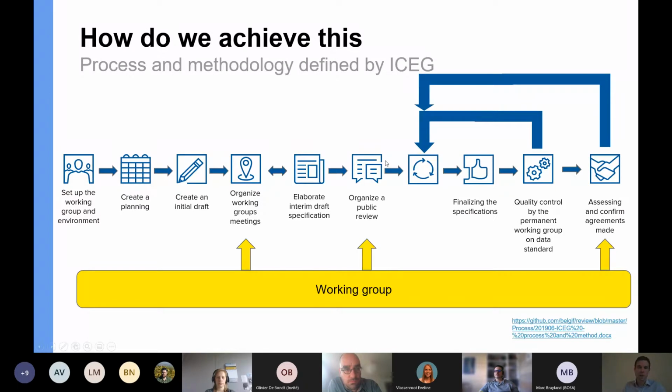And ICEG has developed already a methodology to develop models. The idea is, as you know, to do that through working groups. And what is very important is we are in the third step. We have created an initial draft, and now we are starting the fourth today through a series of